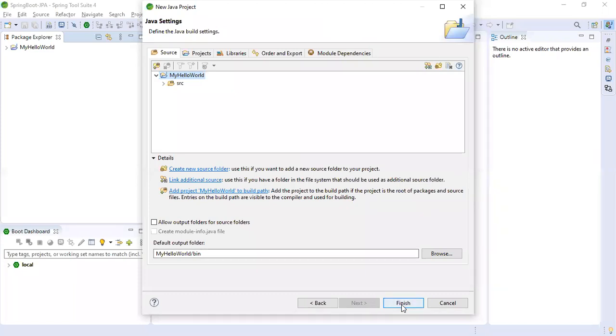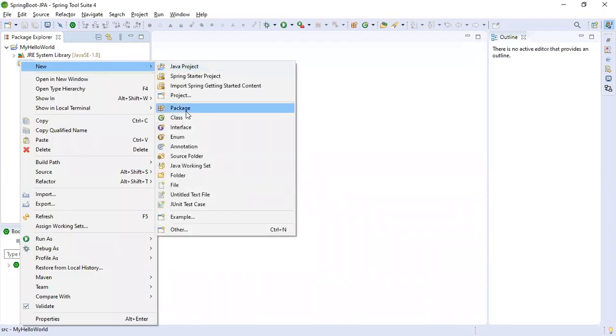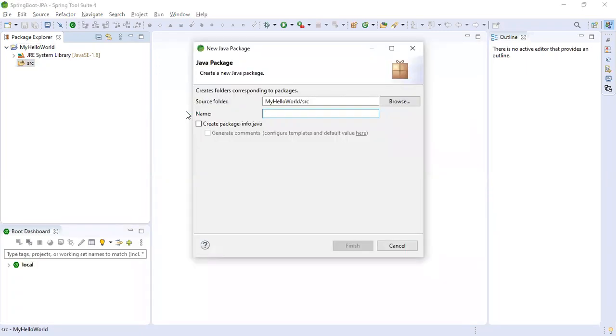Okay, I'm clicking finish. If you go to hello world, I'm creating one package, com.